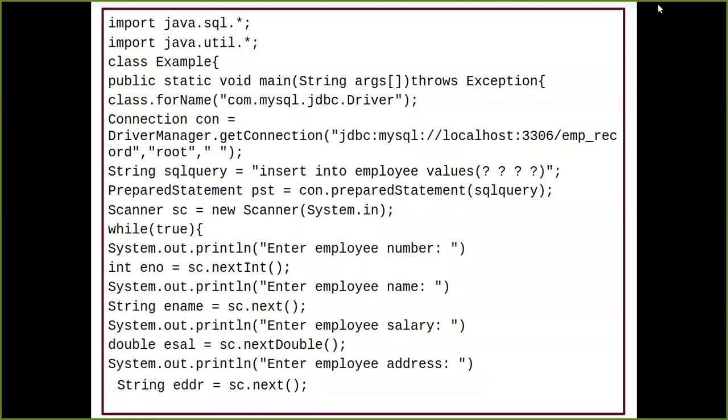But here in the program, when I'm trying to get the value from the client, I'm storing into the string variable because I have accepted the value as a string value from the text field and I have not typecasted. And if I try to insert that value into my database, there is going to be an error. So what you can do is you can typecast that string value into the integer value.